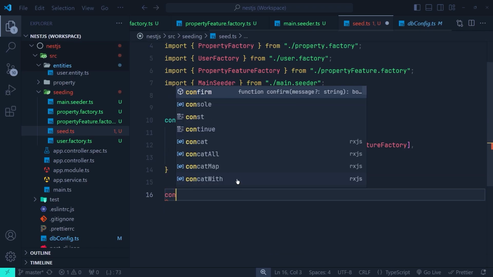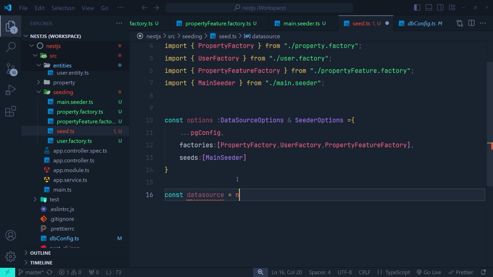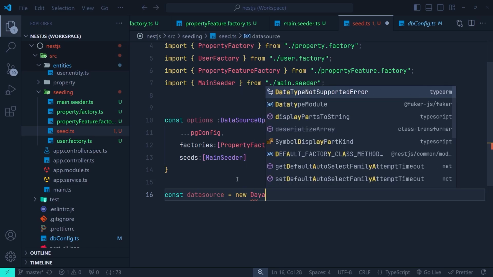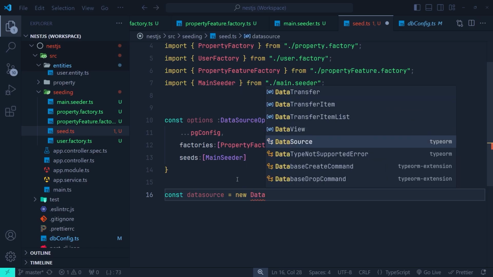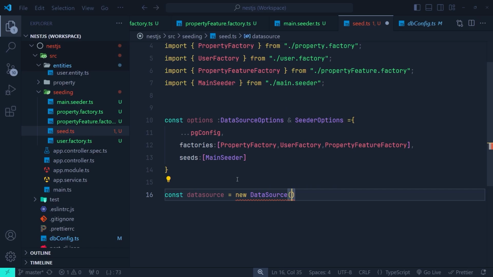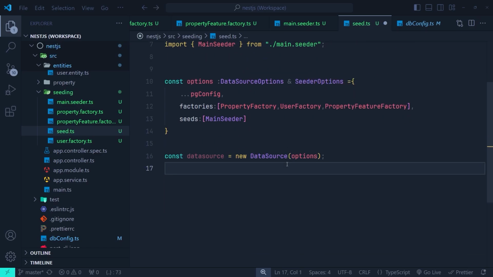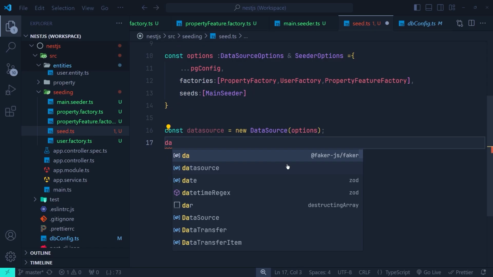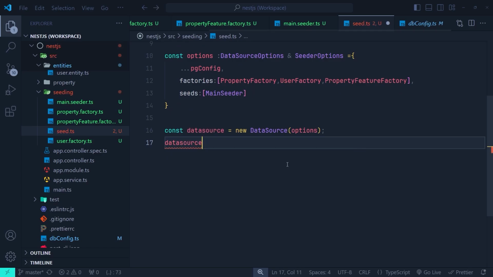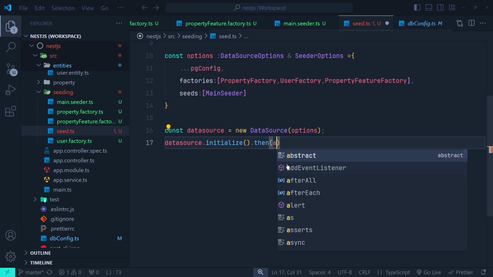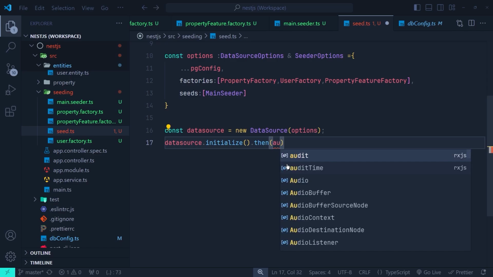So here I want to say const dataSource and set it to new TypeORM DataSource. So just set the DataSource of TypeORM and we need to pass the options. Okay, now we need to initialize the data source. So just call dataSource.initialize and then call the then function because this is an async function. And after initializing, we're going to pass a callback to the then function, which actually runs after the initialize function